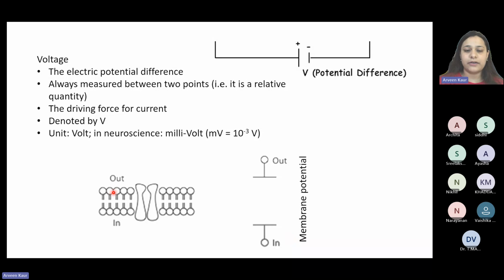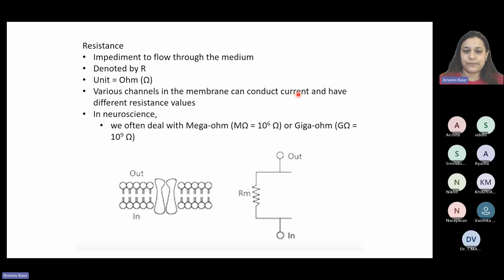So if we talk about the membrane, the inner side is the cytosolic side and the outer side is the side outside of the neuron, the exterior, right? There will always be a membrane potential between these two sides also, right? Why? Because the inside over here is negative and the outside over here is positive, right? So this will be the cytosolic side, this will be the extracellular side.